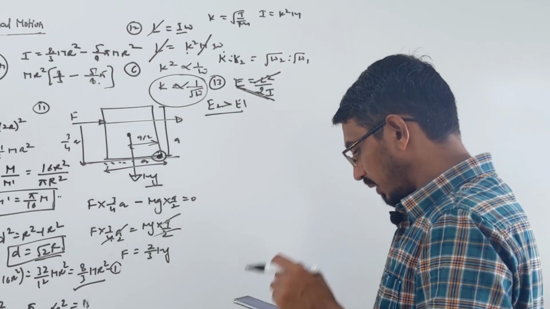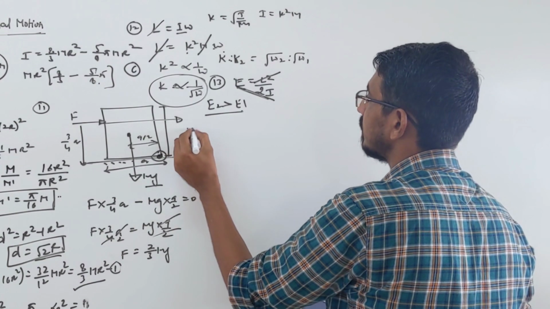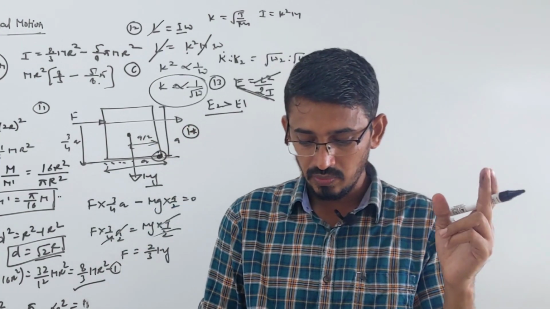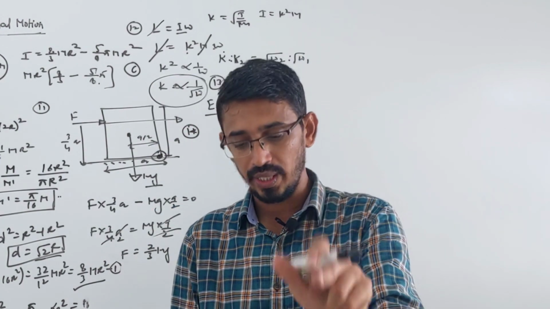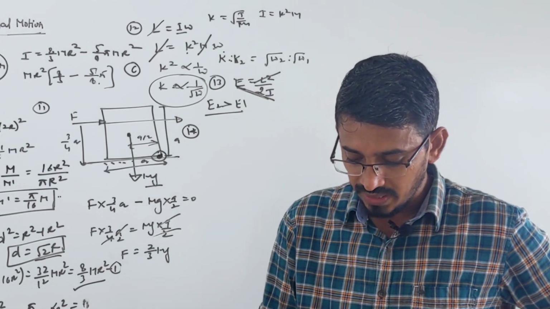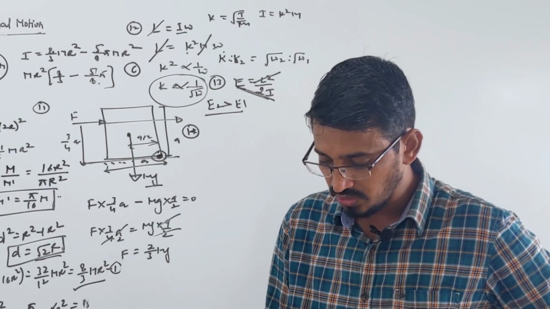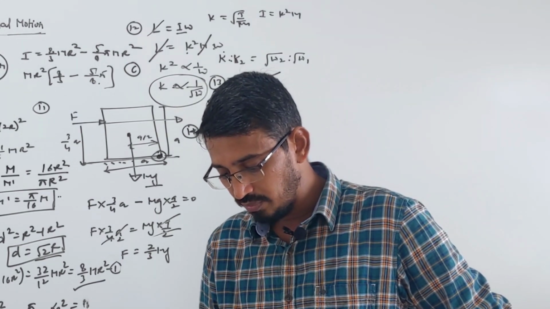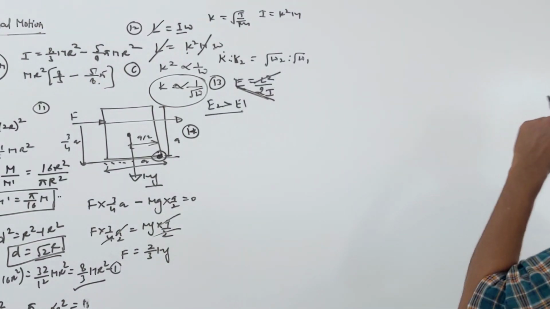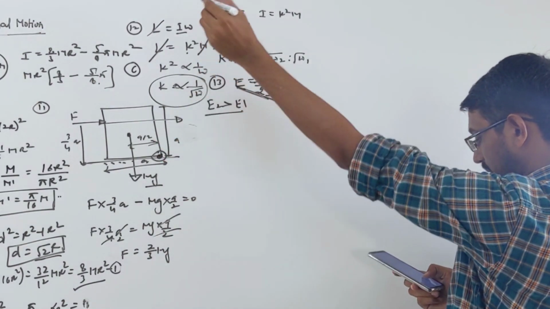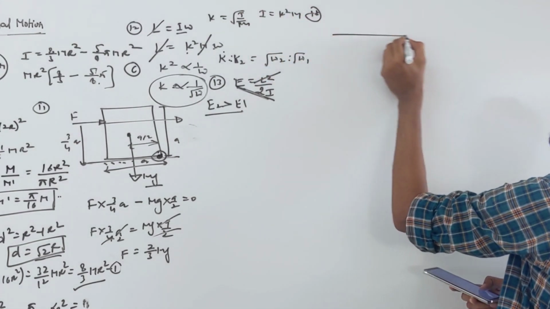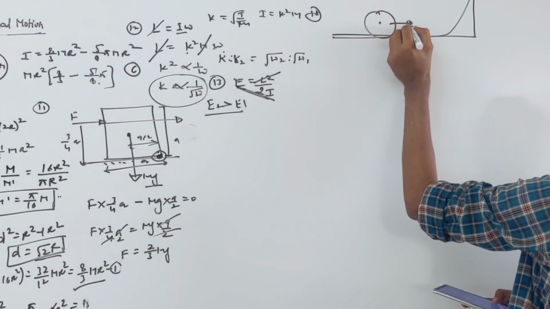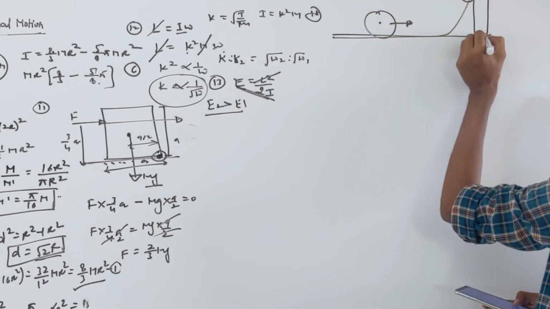Okay. Moving on to question number 14. It says that a uniform solid sphere rolls on a horizontal surface at 20 meter per second. Solid sphere is given and it's rolling. Velocity is given. Then it rolls up an incline having an angle of 30 degree with horizontal. If the friction losses are negligible, the value of height h above the ground where the ball will stop is what? Simply it's a question based on conservation of energy. Look here. So this sphere is rolling, then it goes on an inclined plane. They are asking what height it can climb.